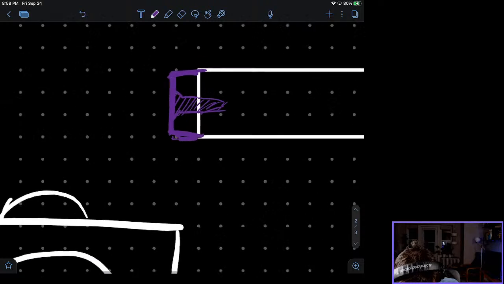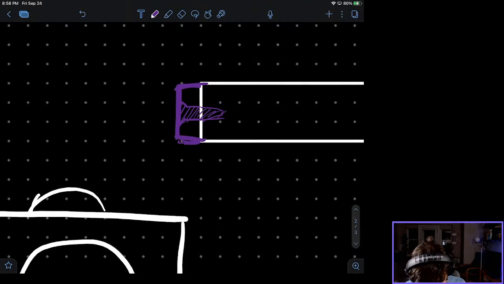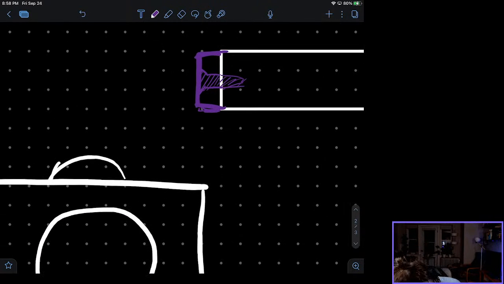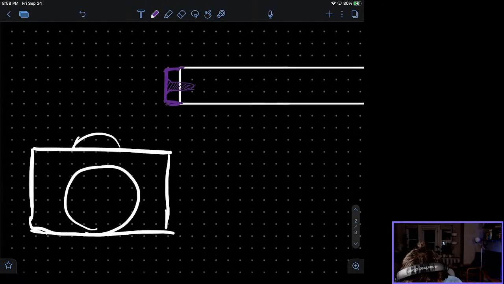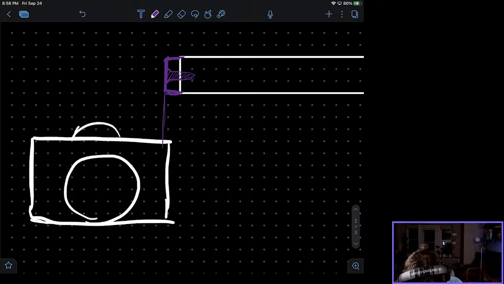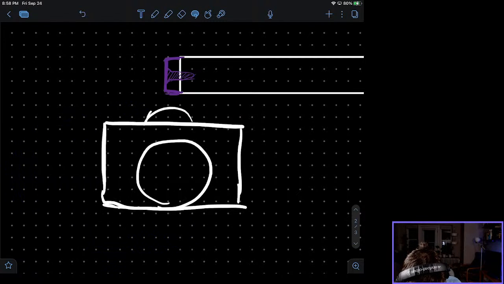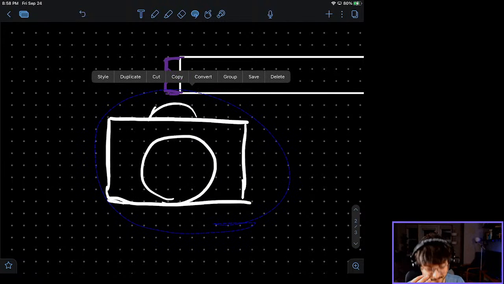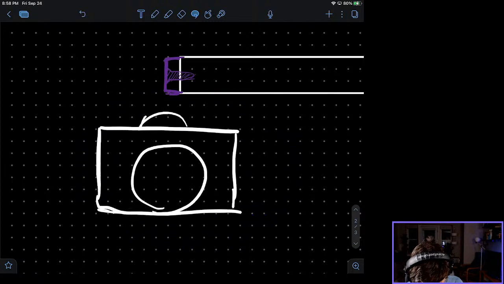But as far as mounting goes, how should I get it down? I feel like I'm going to need to... I wonder if I have something that goes straight down like this. Better yet, let's do this. Let's move the camera so that it's under the shelf, which it can fit. It's not great, but it can fit.